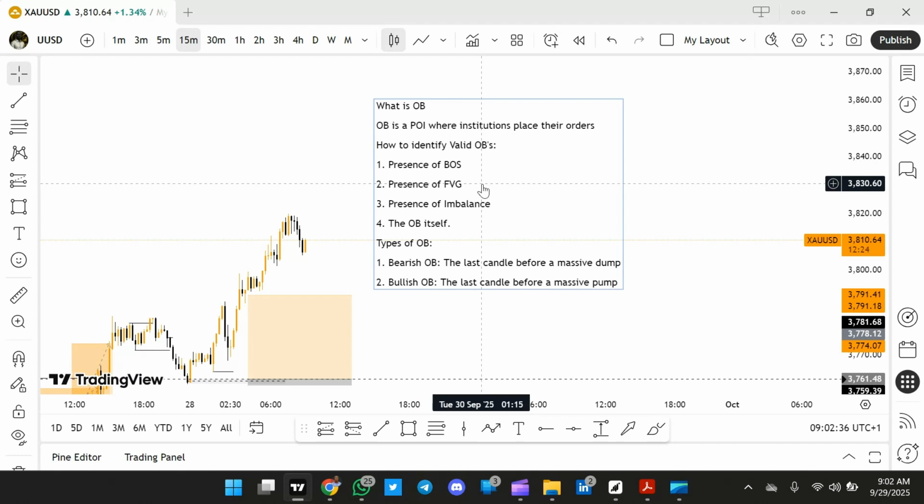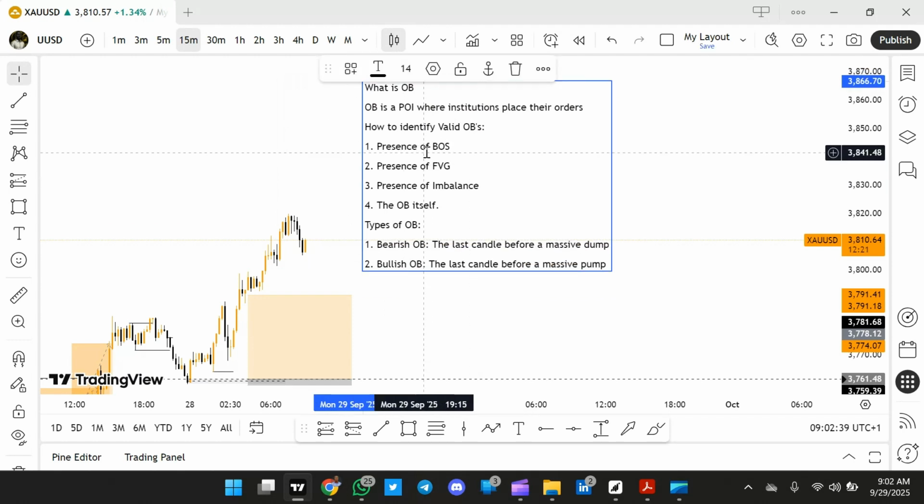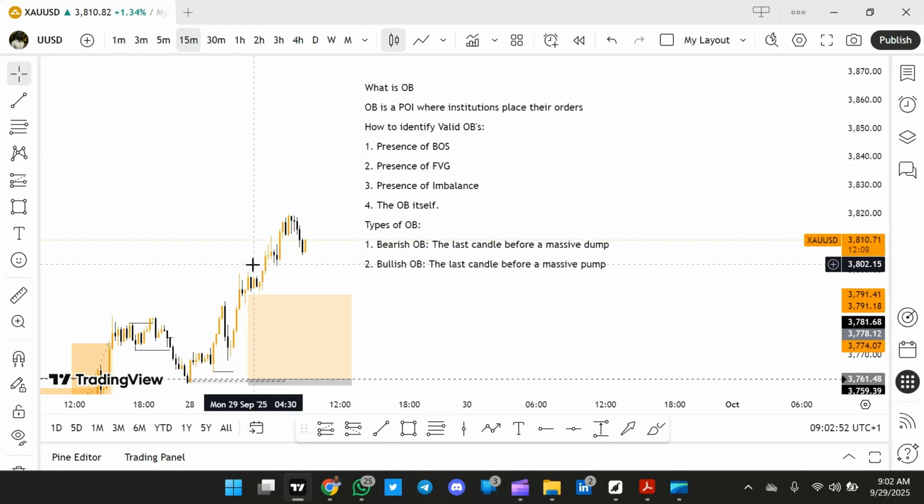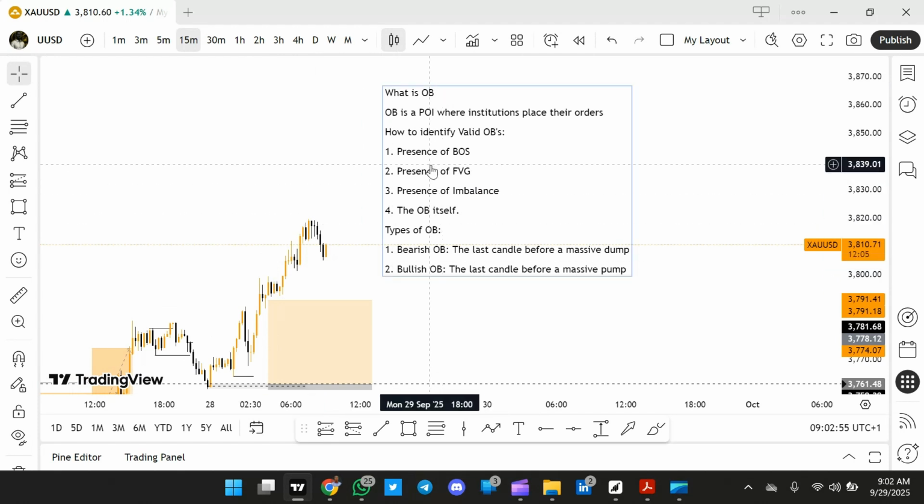For you to identify a valid OB, there should be a presence of a break of structure, which I'm going to show you schematically, or diagrammatically, and then we can move on to a live chart and show you how to identify a valid one. There should be a presence of a break of structure, a presence of an FVG, that's a fair value gap. I'm not going to be talking about the fair value gap here. You can check my channel, I've talked about them before in one of my videos. You can check for FVG, and then there should be a presence of an imbalance,